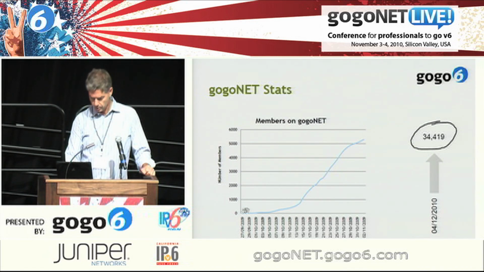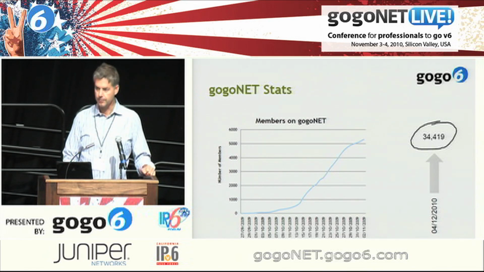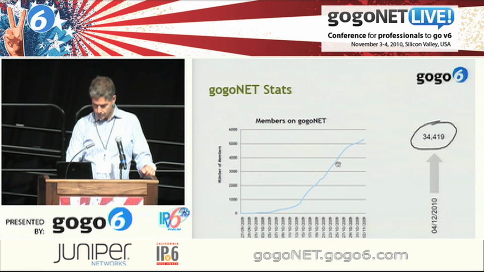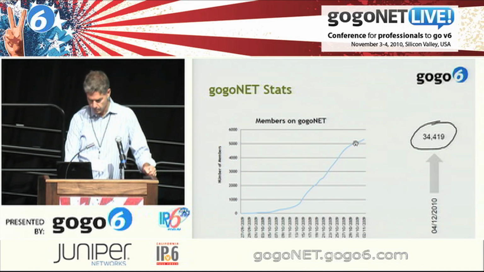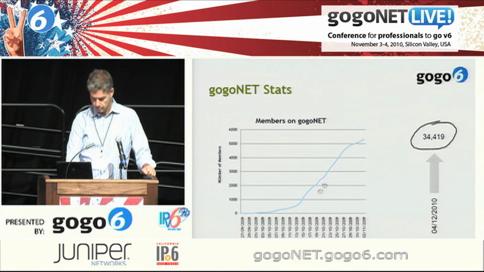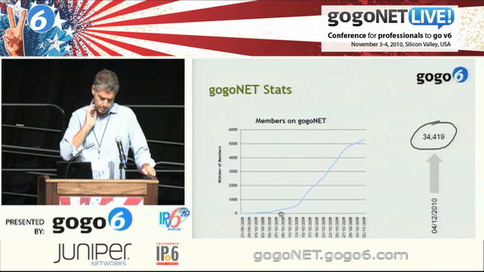But there is a curve here. And this I actually pulled out from the Texas event 1 year ago. So it's almost exactly 1 year since I presented gogoNET at the Texas event. At that time, I'm just tracing out where the curve is, just so you guys can imagine, we had just over 5,000 members, about 5,200 members. And you can't see the growth of it. The network was launched on September 27th.